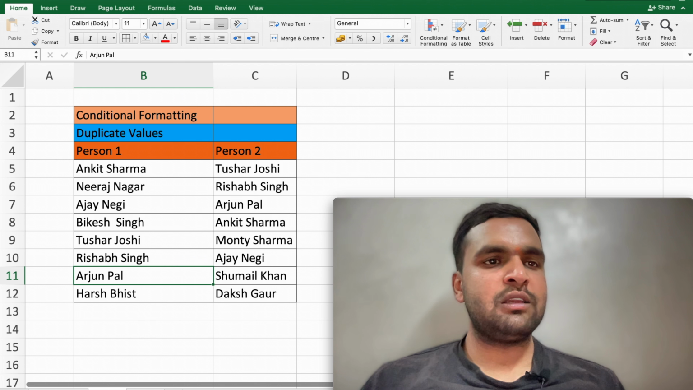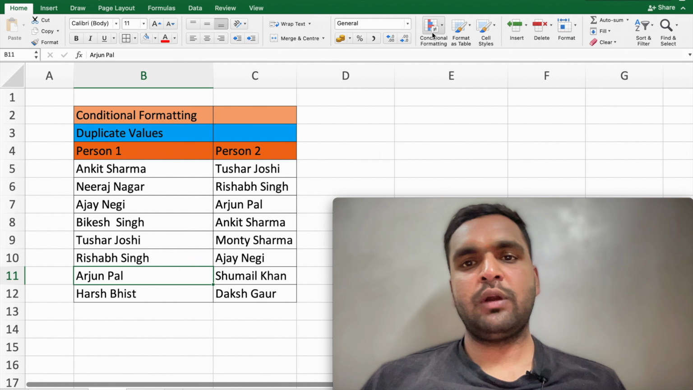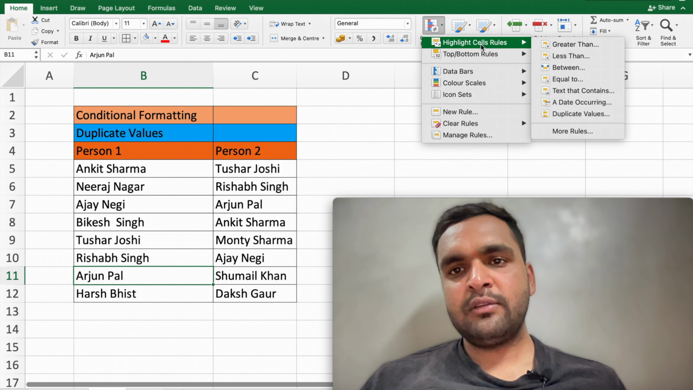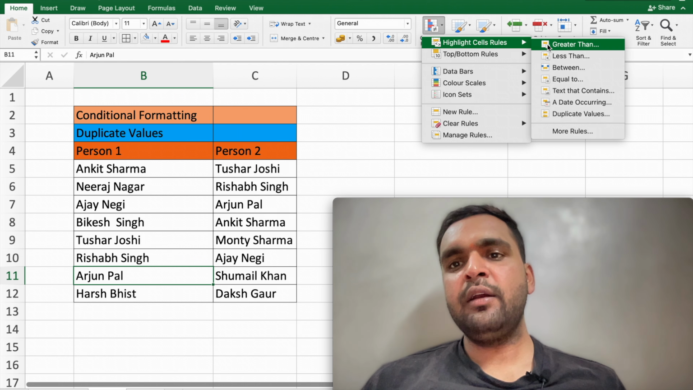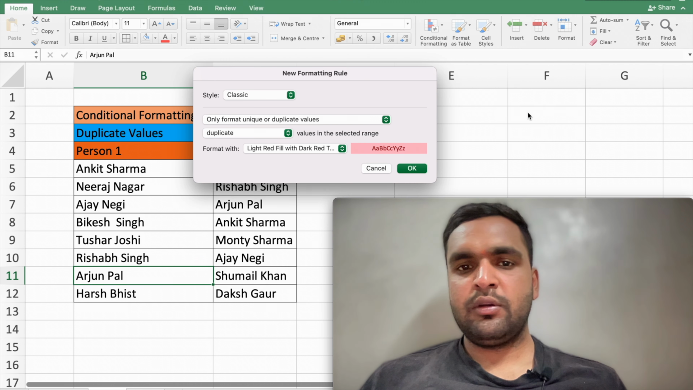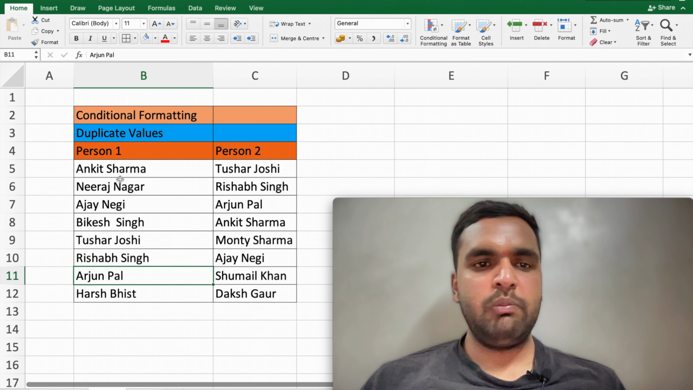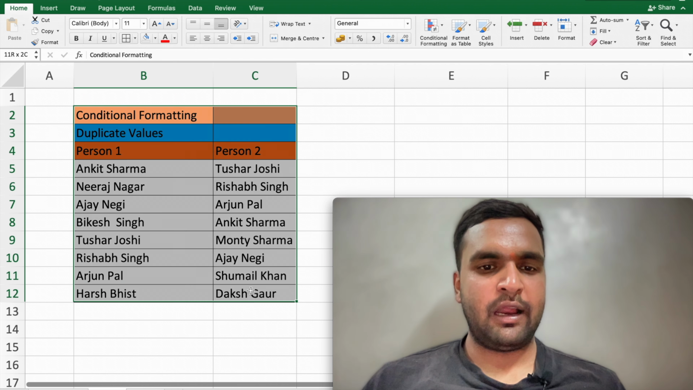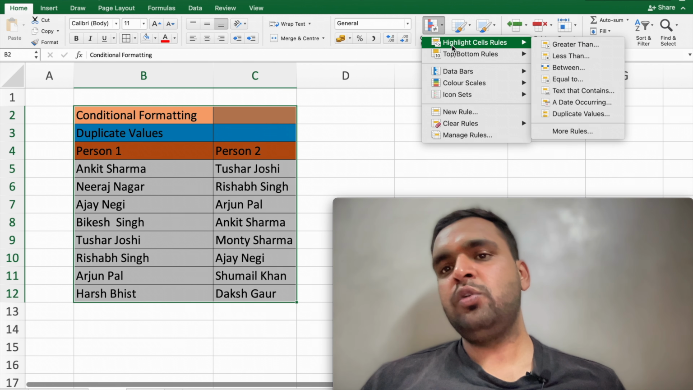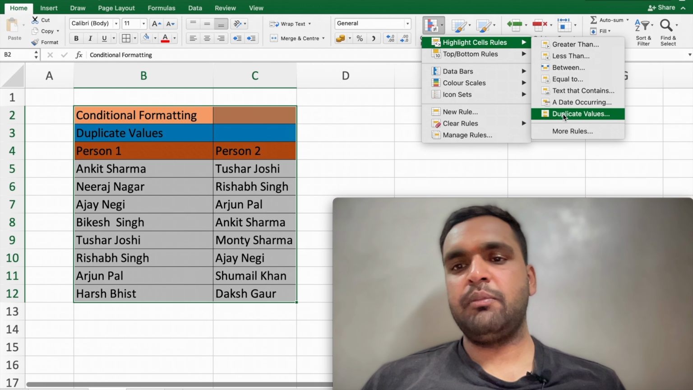So what I'll do is I'll just go to the Home tab, then go to Conditional Formatting, then over here, as you can see, Highlight Cells Rules, then here at the bottom there is Duplicate Values. See this, so we will be using this. So I'll just select all this, then go here, Highlight Cells Rules, then in this bottom,